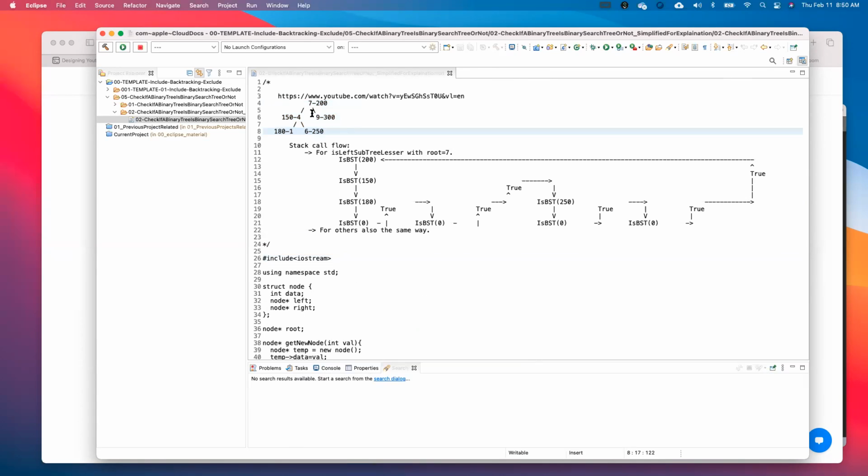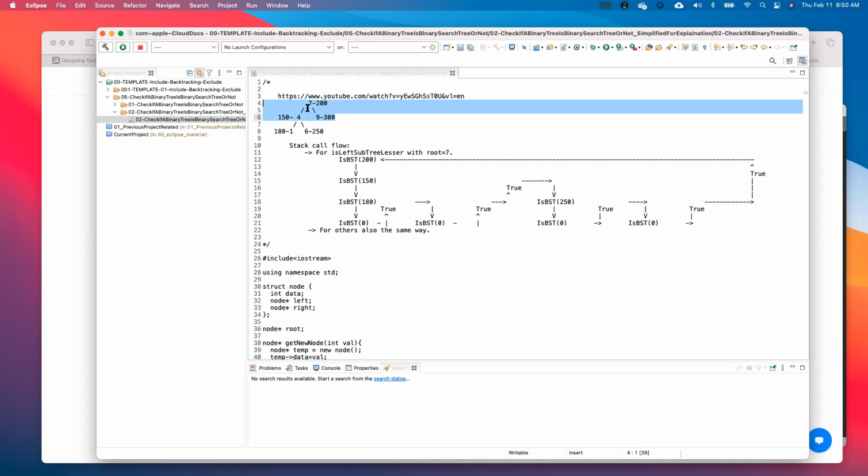So basically, we are trying to find out if at all a BT is a BST or not. The BST has a property that the left subtree should be smaller than the root, and the right subtree should be bigger than the root. So these are our two conditions. Let's assume this is just a node and this is just a node. The first condition is this should be greater than this, and this should be greater than this. With that property, we will try to build a recursion out of it.